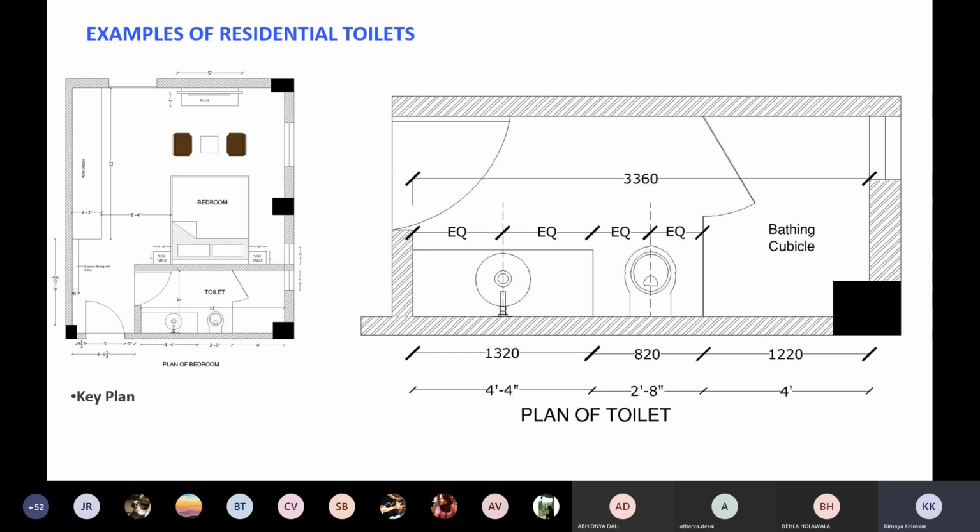Now for the wash basin, they have created a counter which is 1320, wherein the wash basin is placed right at the center and there are equal distances on both sides of the wash basin where they have prepared the counter. Whenever you're using the wash basin, your elbow width has to be contained. It shouldn't hit the wall and make you uncomfortable, and that's why it's important to ensure that the minimum distance from the wall to your wash basin is 400, 450 or 550. In this case, it's 1320 because it's a nice long linear bathroom, so you can utilize a nice counter space.